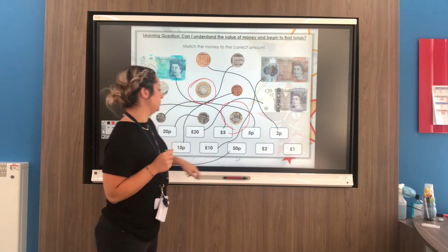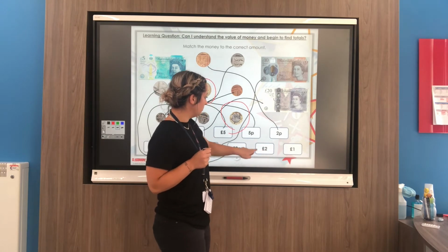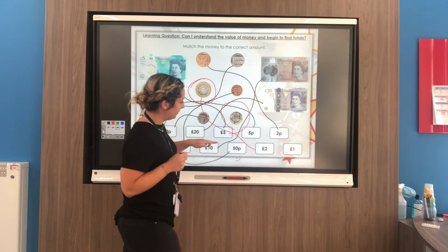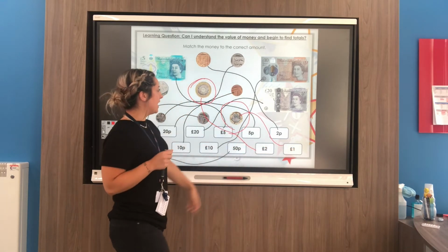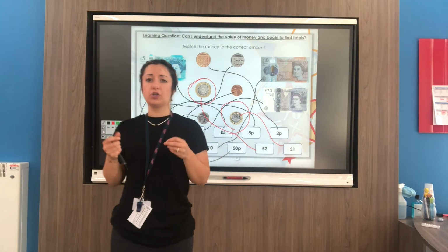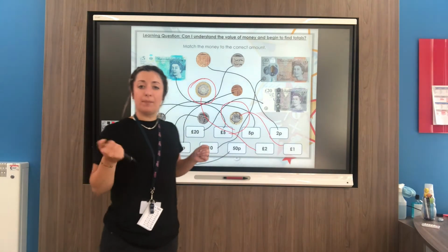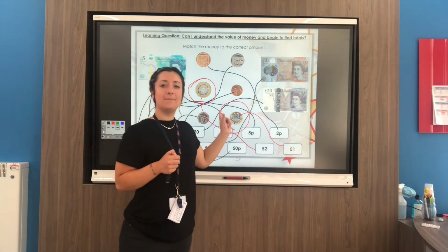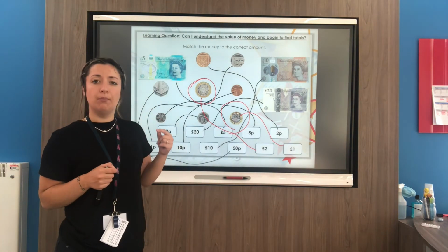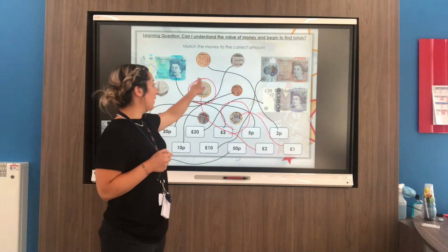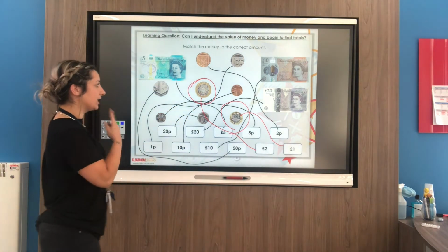£1. So pound sign, and then the 2, so £2 is going up here. £1 is going there, and you can see how we say that differently. We've got £2 because there's more than one, but we don't say £1s, we say £1. Okay, there's no s because it's not more than one, it's on its own. Whereas here we've got £2, so it's the s on the end because it's more than